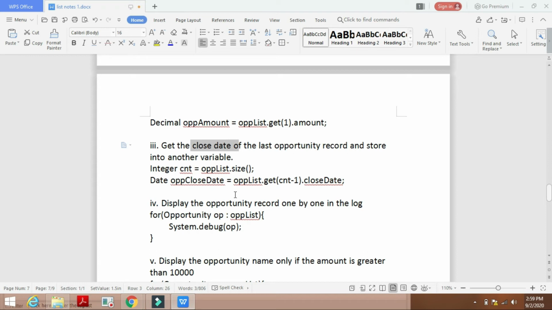First we have to count what is the size of the list, using the size keyword, and then we'll subtract 1 from this to get the close date of the last opportunity record. Okay,